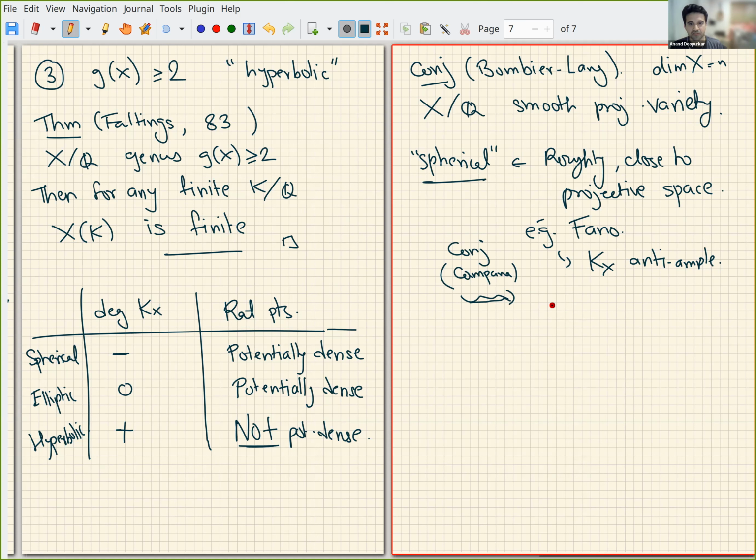Okay, so potentially dense set of rational points. So if your variety is close to projective space, defined appropriately, then you expect it to have lots of rational points. And the other extreme, the hyperbolic,